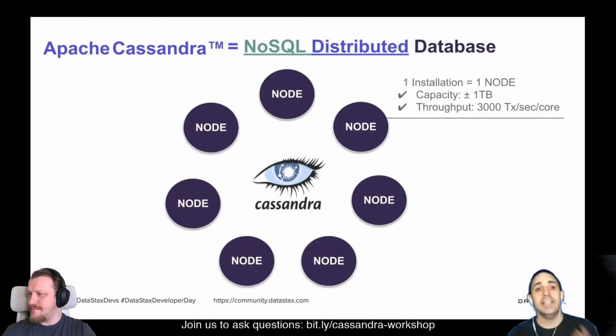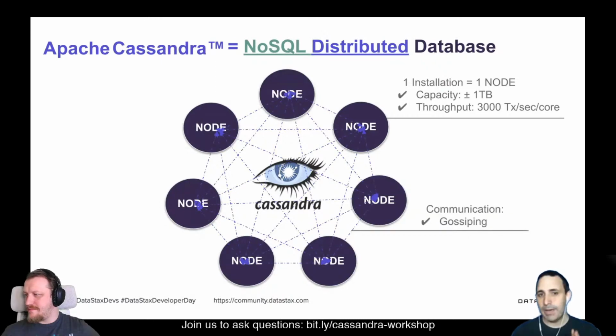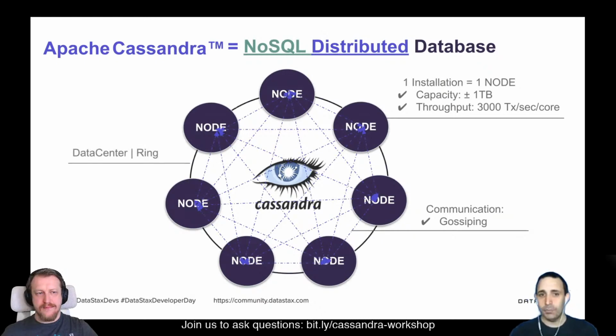And yes, you should install Cassandra on multiple nodes. In those nodes, there is a masterless architecture. All those nodes communicate with a gossip protocol, peer-to-peer. And we can group those nodes logically with something called a data center or a ring. Okay, so with these rings, what do we do? And this is also the name of the Discord room, Fellowship of the Rings. Now you get the idea.